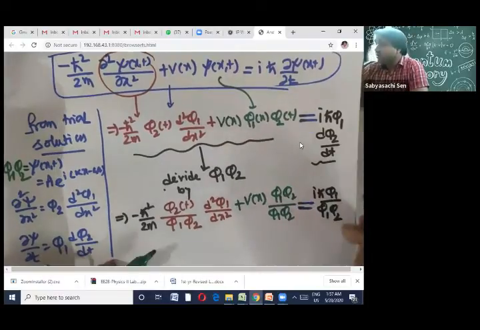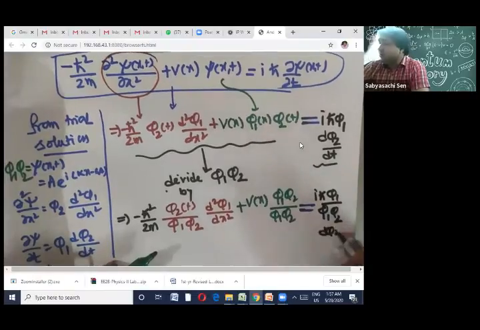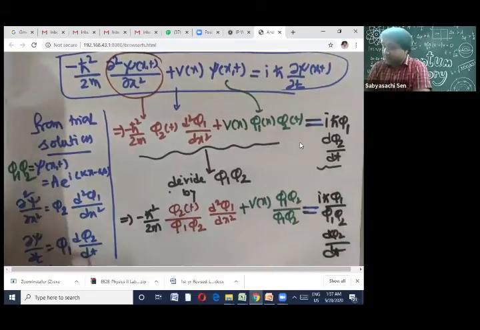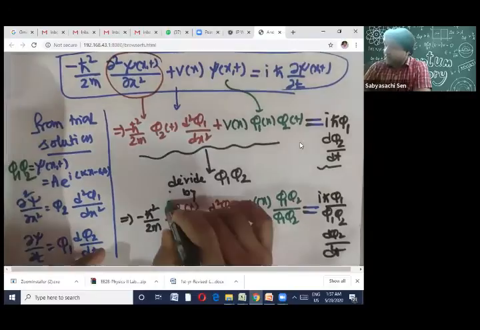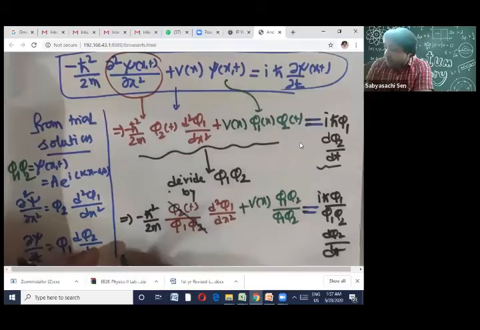And there is also d phi 2 dt. I hope you can see it carefully. So if you look at the equation, you see this phi 2's will be gone, and here you'll be left with this much,